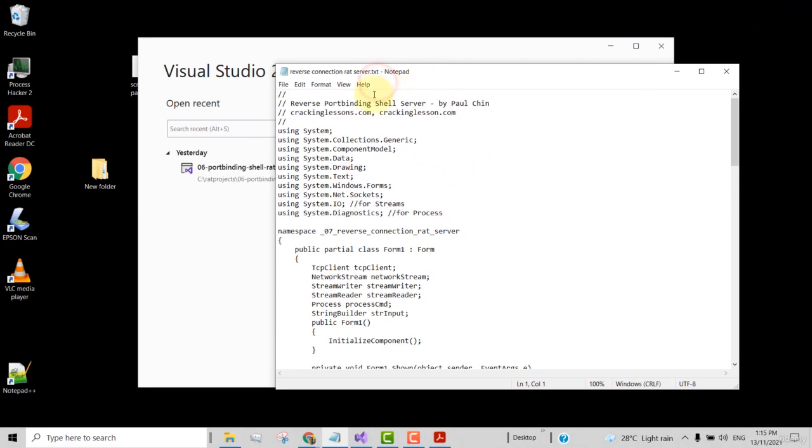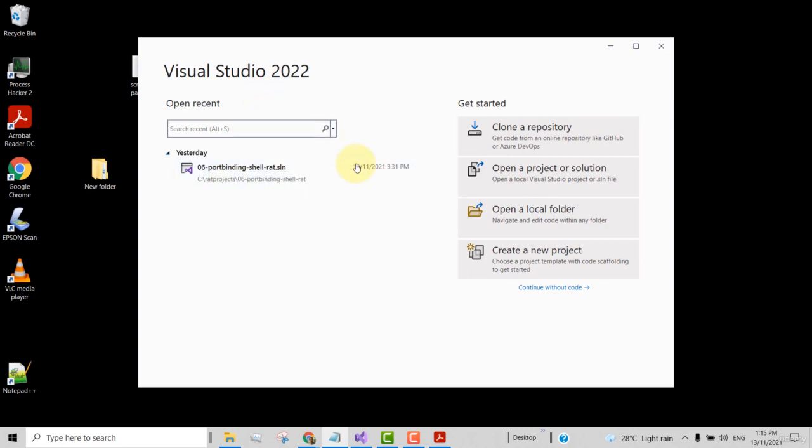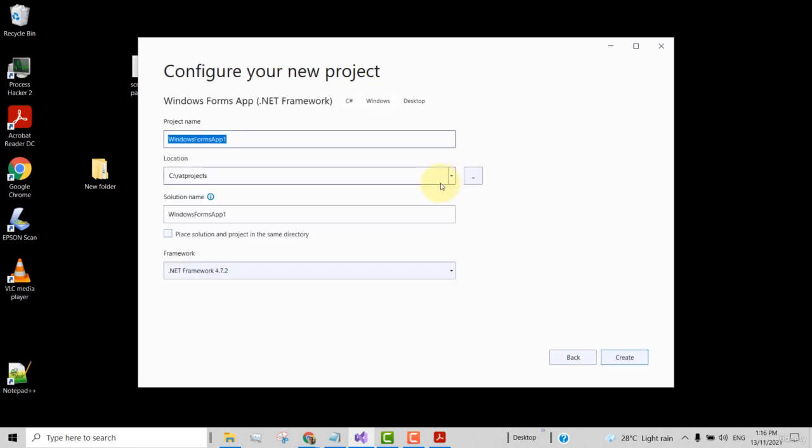First, go and download this file from the resource section. Then open Visual Studio, create a new project, and then select C# Windows Desktop, and the project type is Windows Forms App .NET Framework. Click on the next button. For the name, let's call it 07-reverse-connection-RAD